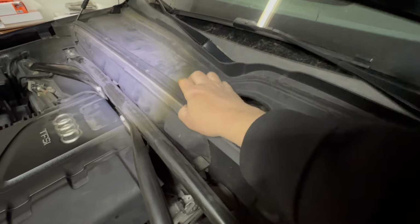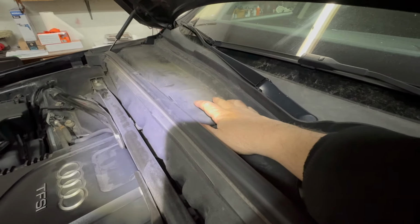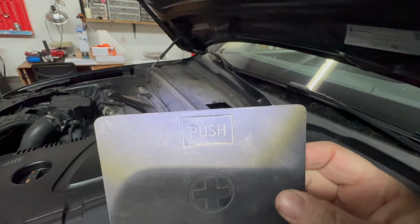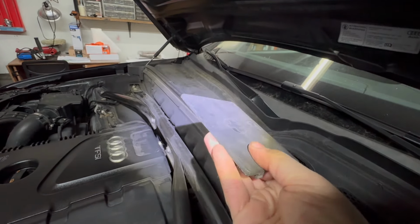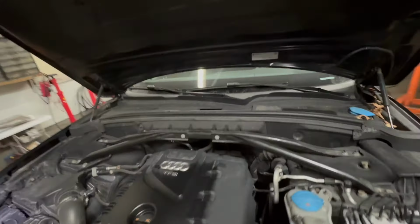Right in the middle over here, you're going to see a plus sign, little door. Now this door, you're going to have to push it until it comes out. You see it says push. It'll be like this. You push it, okay? And then it exposes another door. So, to get to that,